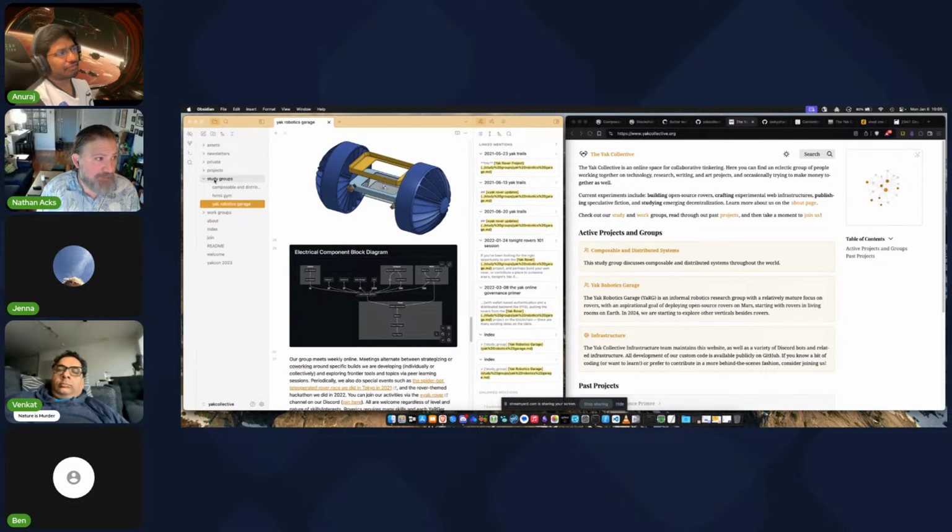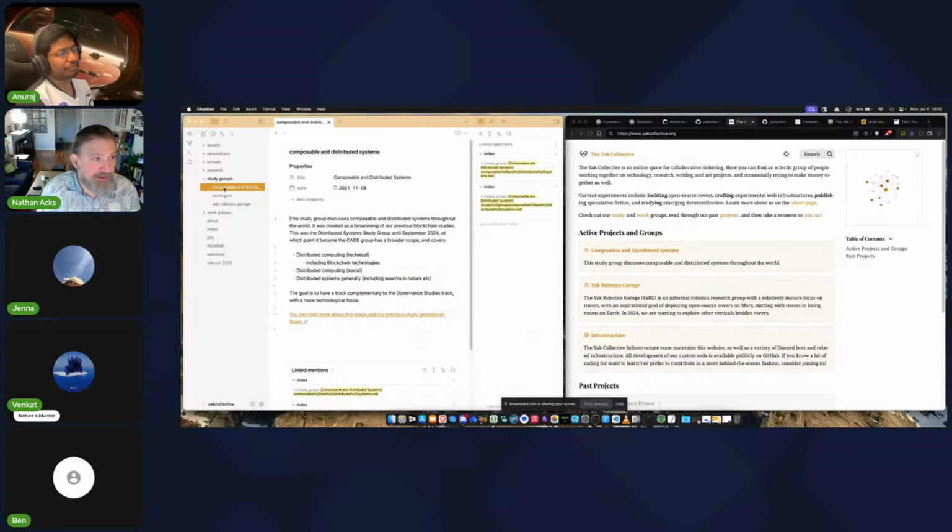So also, for example, if I rename CADS again, if we want to change the name of this group, I just change this here, and that link will change everywhere, if you are using Obsidian, because Obsidian tracks all of that. So I totally recommend using Obsidian as a tool. You don't have to. It just gives you a set of affordances that make editing a lot more pleasant and a lot faster.